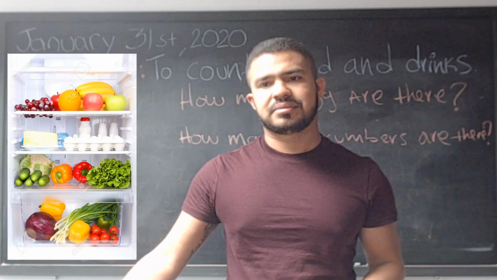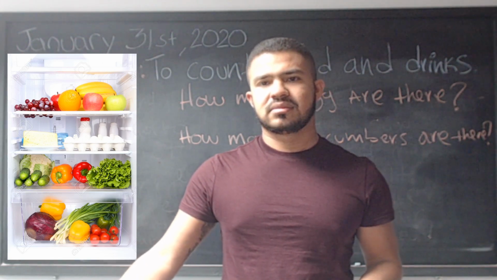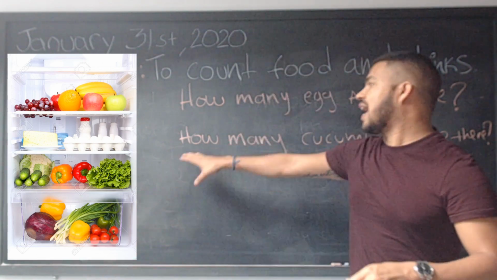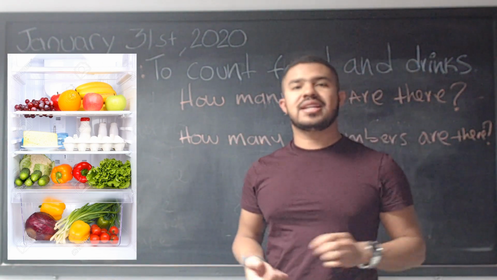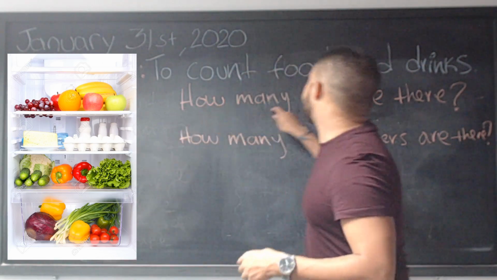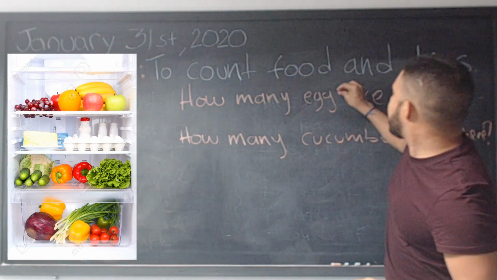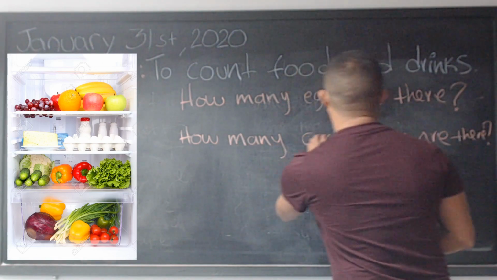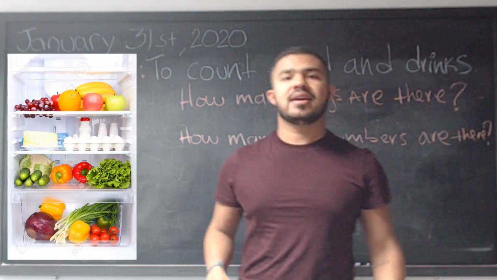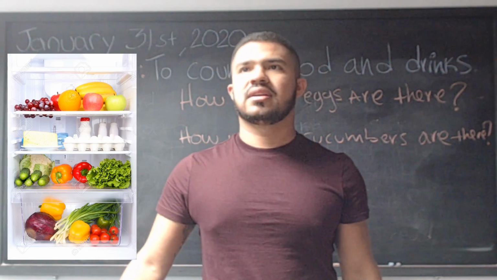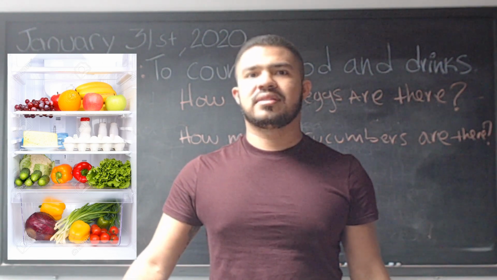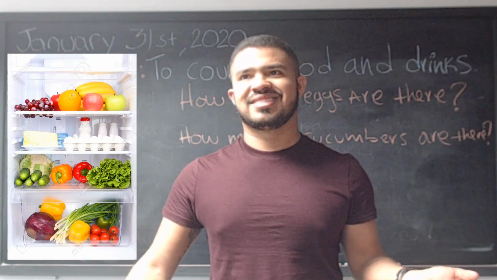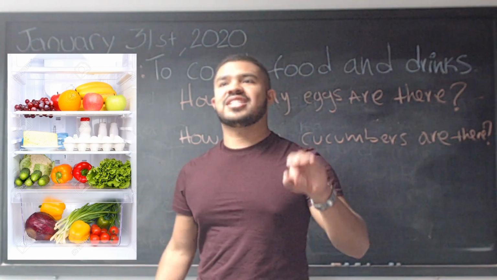They are saying Benjamin, cucumber, Natalia, legumbre. Okay, but my question is, how many? ¿Cuántos? ¿Listo? Esa es la pregunta. ¿Cuántos huevos hay en la nevera? Okay? Natalia. ¿Cuántos pepinos hay en la nevera? So you guys tell me the answer. Natalia, 20. 20 what? Okay, so guys, try to count